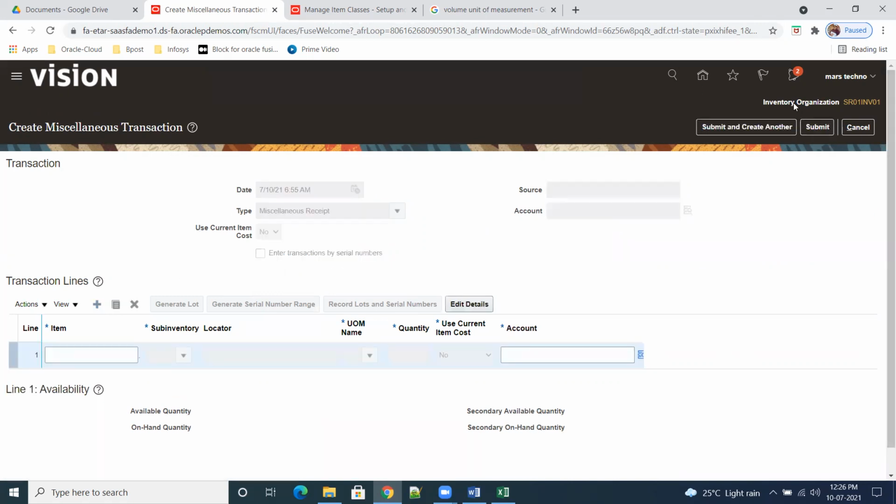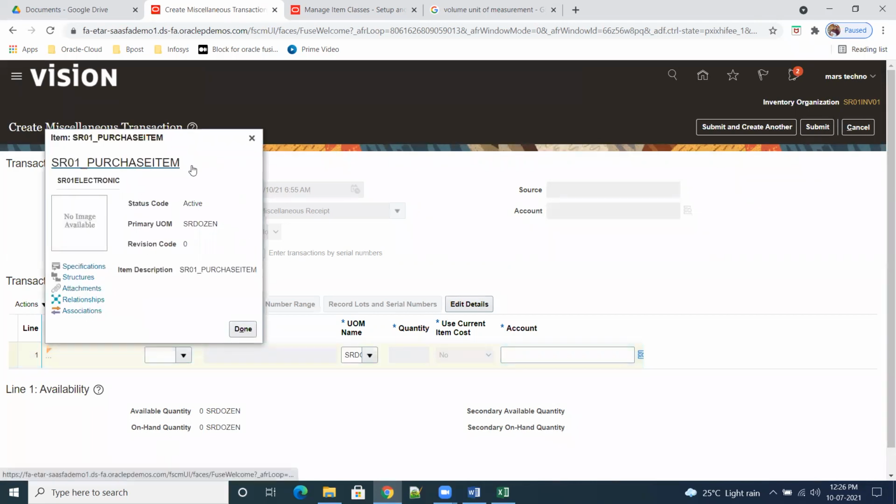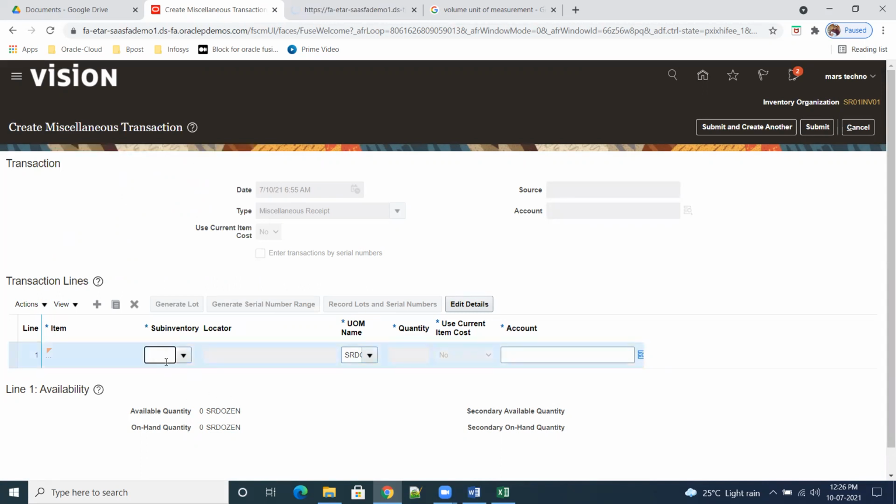First we'll verify what our inventory organization is. My inventory organization is this one. You should know where we are doing the transactions. Now we'll select our item. Since I have associated my item to the inventory, the system will automatically show it. If you're not associated, it won't show here. And primary one, just let me know Monday. We always have to make the transactions in the lower UOMs. I don't know why each is not coming.